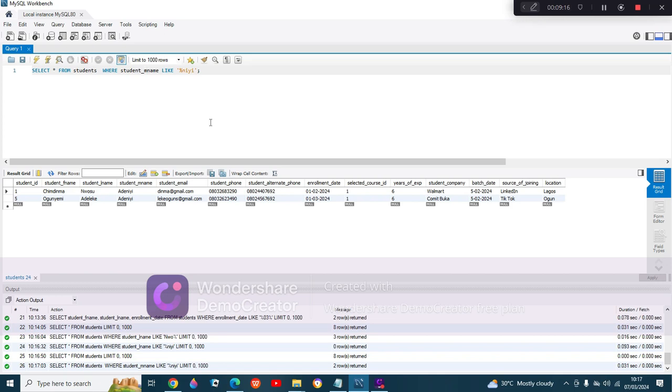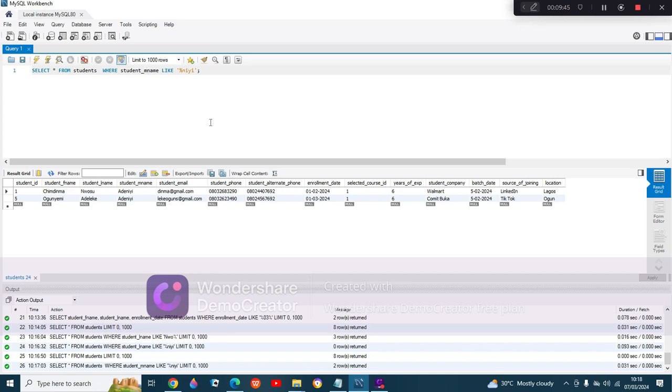Now we are going to place a backslash in front of the percentage, so that it reads as a normal character. So to do this, we don't have a percentage field here, but we can